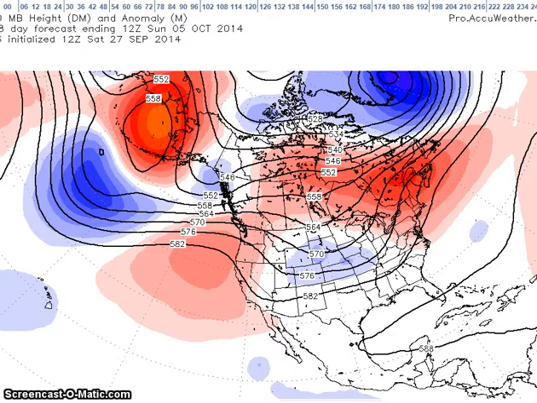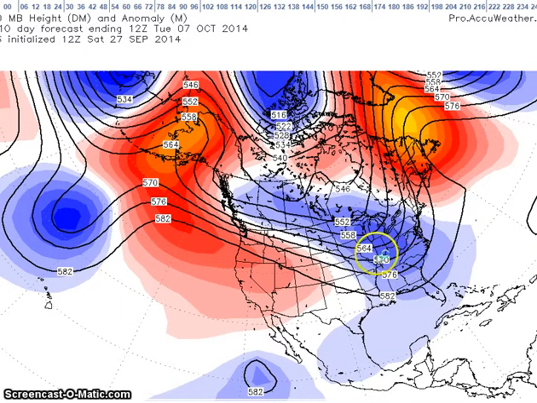And then we're going to go to the end of the period, and you can see that the GFS brings a trough into the eastern U.S., very strong height anomalies over Alaska, over eastern Canada, and the western U.S., but that's the only model that seems to do that, as the European ensembles